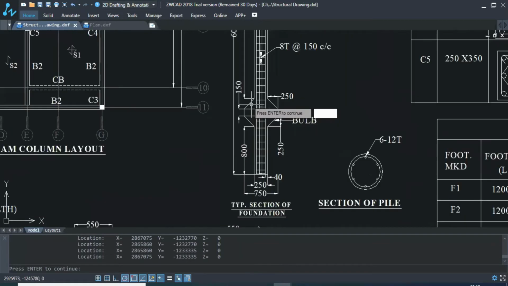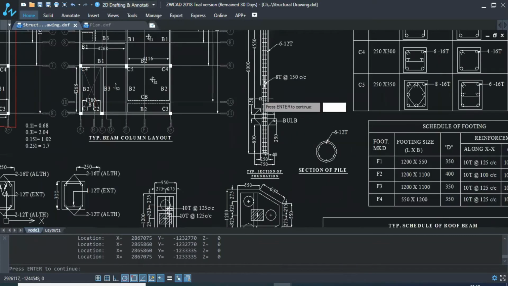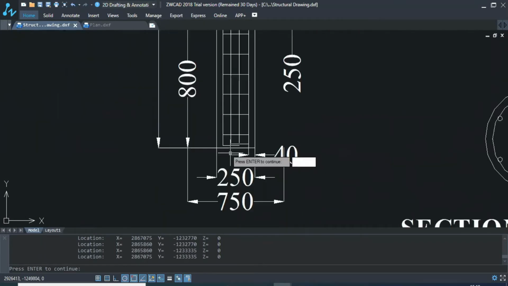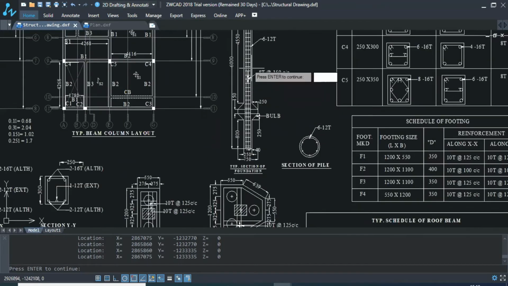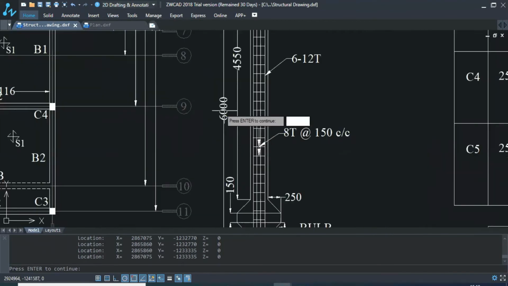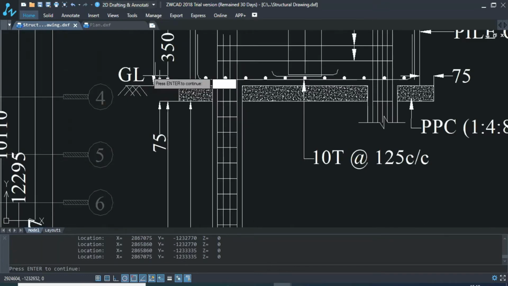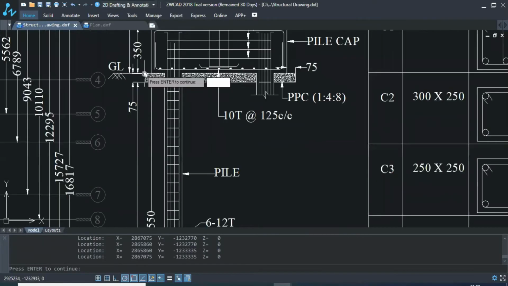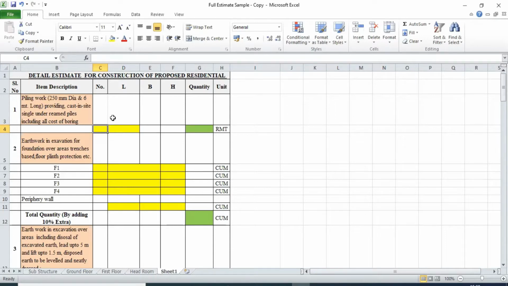This is a single bulb we have provided and here you can see the diameter of pile is 250 mm and the length of pile is 6 meter. From ground level, PCC has been done. You can see here 75 mm, and also 100 mm of sand filling should be done here.